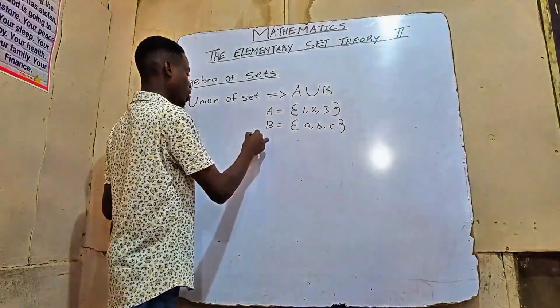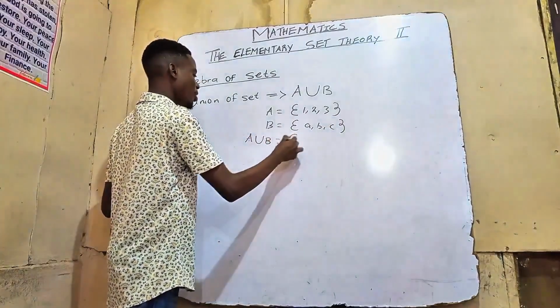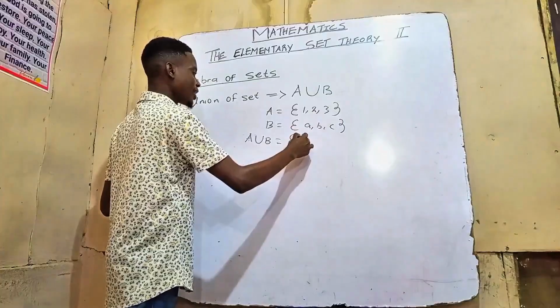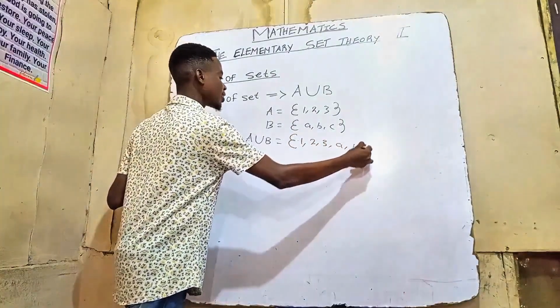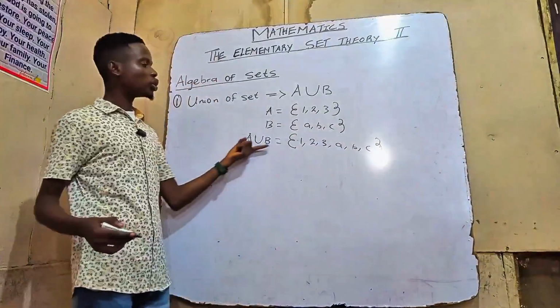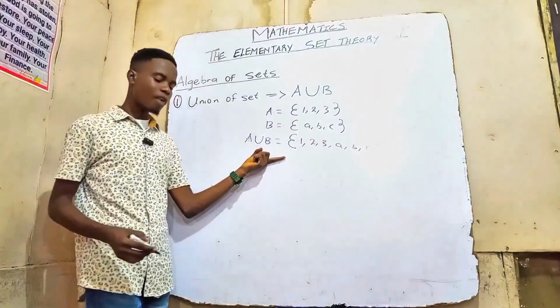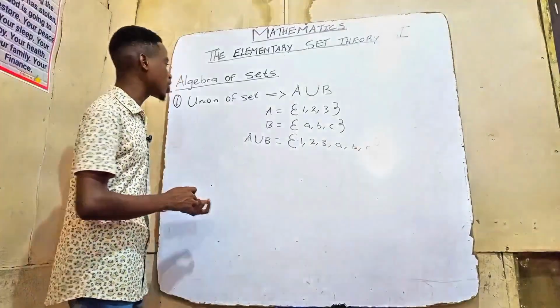So A union B is what? It will be a combination of everything. You can start with your numbers, then proceed to your alphabets. So this is what we call the union of sets A and B. We also have another type of algebra we'll be considering, which is